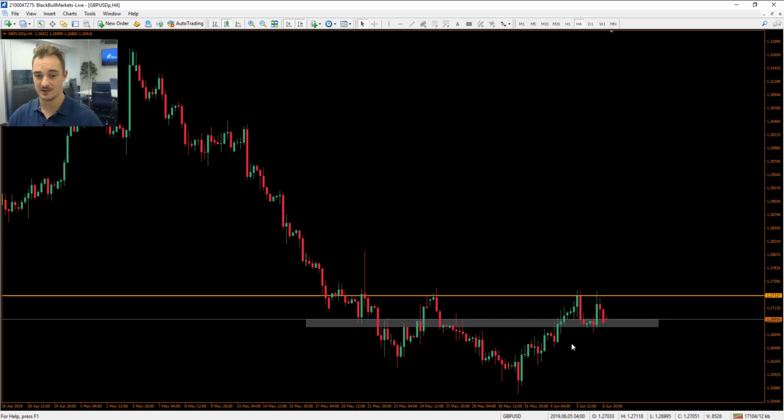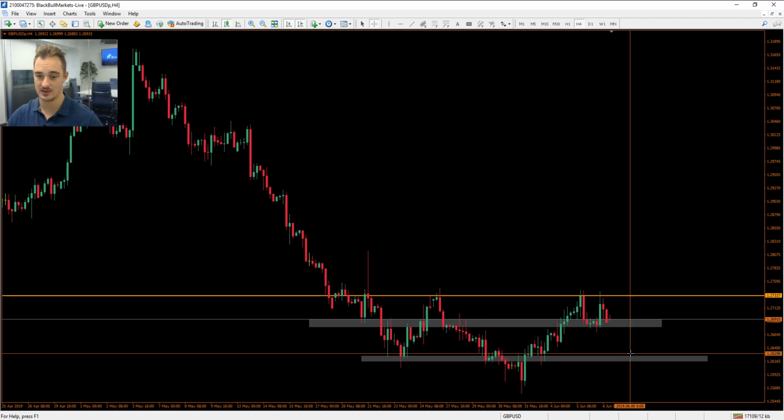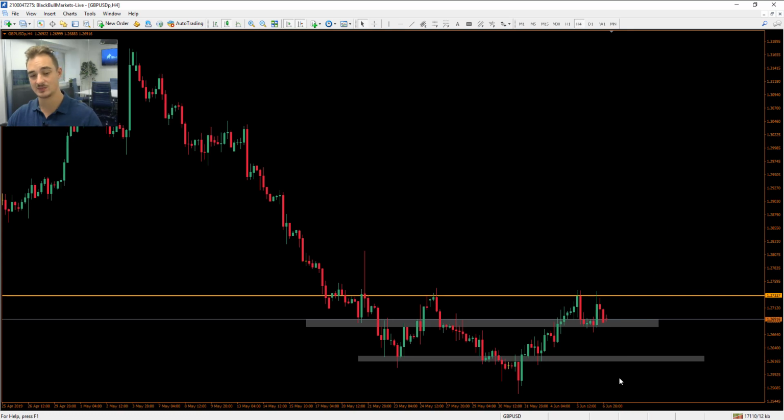If it doesn't, and it continues to the downside, we could possibly see a head and shoulders form, and this could play out nicely for next week, using this as the left shoulder, the neckline, the head, the neckline again, and down to the right shoulder, and looking for another trade to the upside. If it does break lower,